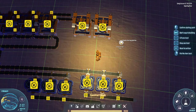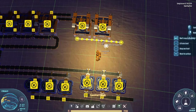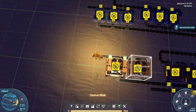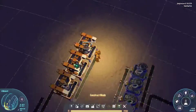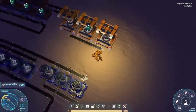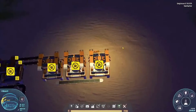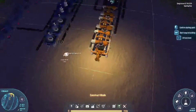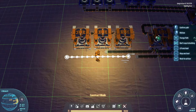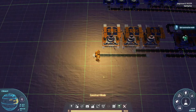We're going to have, because they craft in 1 second, so we'll need like that. Which means I might actually run a 3rd one. Yes. So I'm going to do the extra ones because of the sorter throughput. And we'll put our copper plate on this side. So that gives us